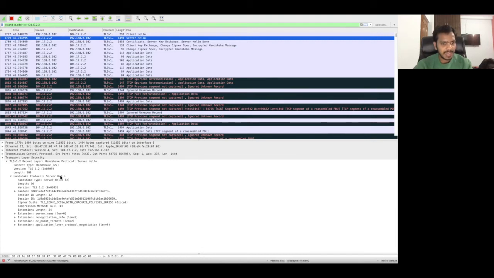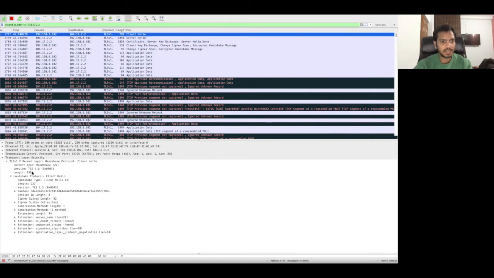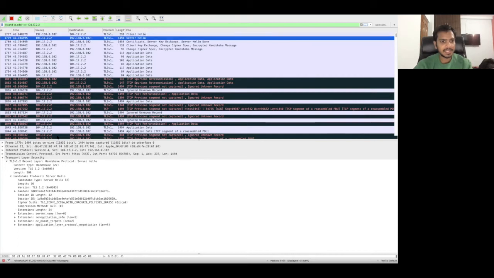Of course, you can see server hello is there. Again, the version is TLS 1.2 if you see. The client was 1.0, and the server is using TLS 1.2, and it has mentioned the TLS version number, and the protocol here is server hello. Again, the server also sends a server random, that's what is mentioned here. Then the cipher suite it has selected is this one. As I told you, the server will select which algorithm they want to use to do the key exchange.